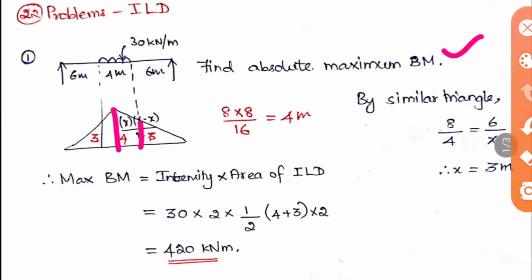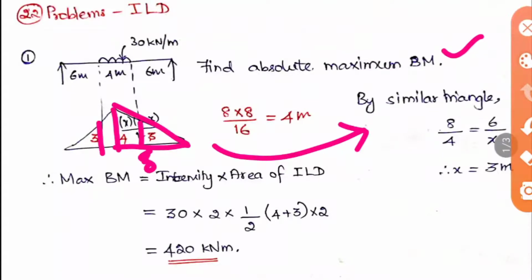Now you have to find these two ordinates also, because the area under the UDL is what you need to find the bending moment. So you have to find the next ordinate. By using the similar triangle principle, you can find this ordinate, because this is a triangle, no? So I have applied similar triangles here. This is 8, so 8 by 4 will give you 6 by x. This distance is 6, so the x is 3 meter, so we can find this ordinate as 3 meter. Okay, so now we have got the ordinates 4 and 3, and here if you see, the diagram under the UDL is like this.